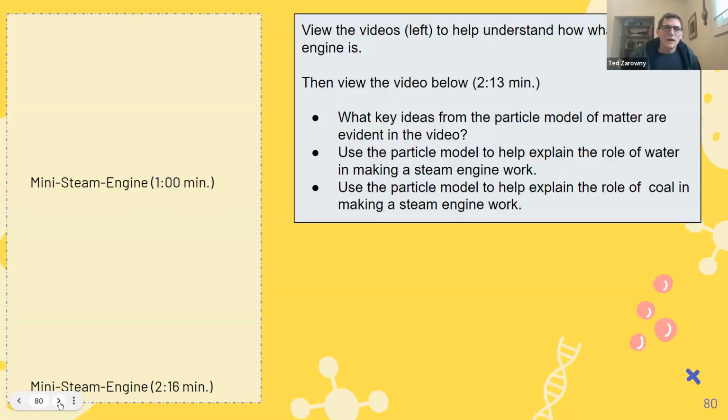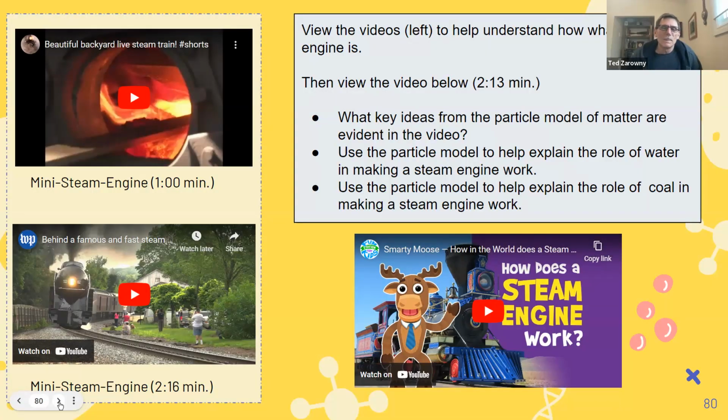Exactly. And if you want to do transfer activities, that might be too much of a shift for students. But when we think about the steam engine and how it works, it really takes into consideration everything we've learned in this organizing idea and puts it together. There are some other things introduced in the video at the bottom, including the words piston and cylinder, but it's meant for an elementary audience. And it may be good.